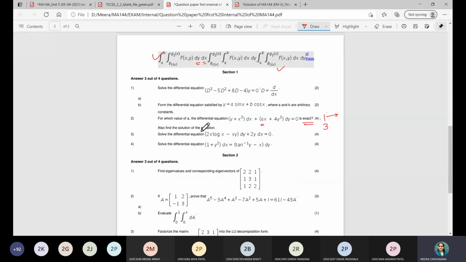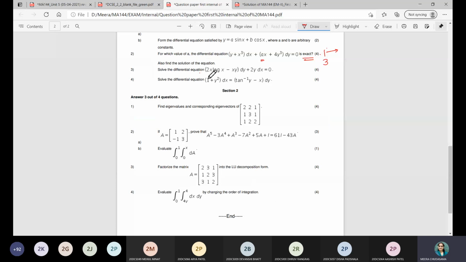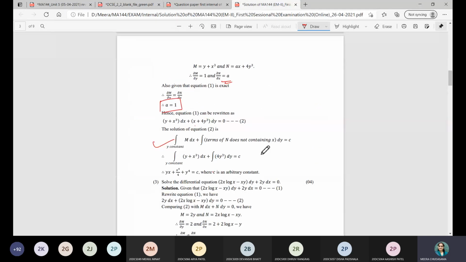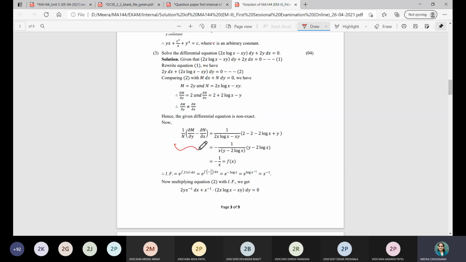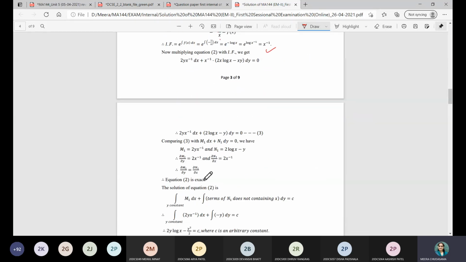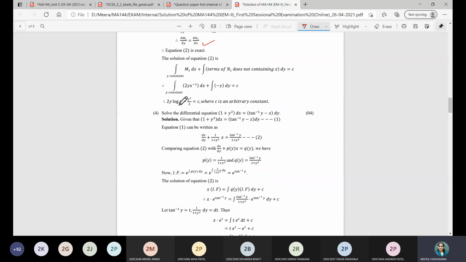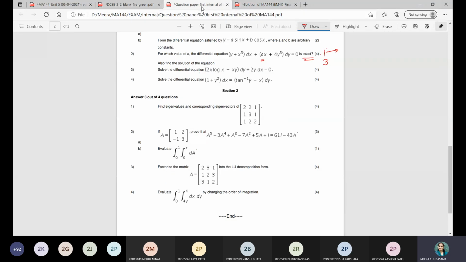After that, the third question was to solve the differential equation, this one, right? When you sit down to solve it, this is not an exact equation, right? But you can see that if you consider this corresponding factor, then you will get the function of x as minus 1 upon x, and the integrating factor will be this one, and then this equation will become exact, and finally you will have this solution, right? You have to write down each and every step. So that is important, and the stepwise distribution of marks is given.